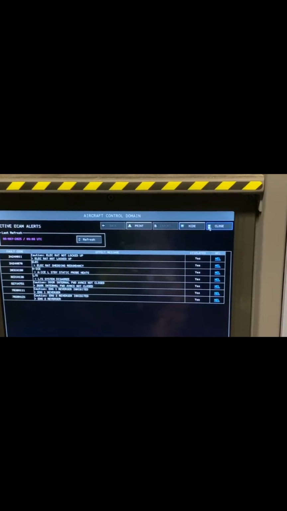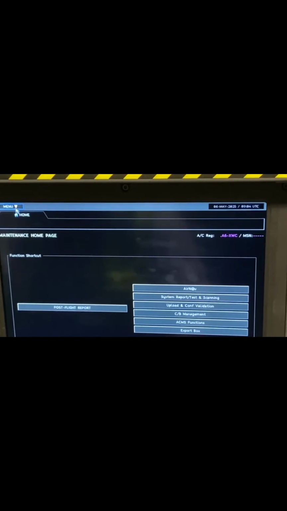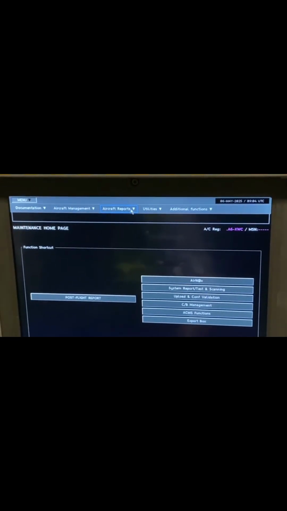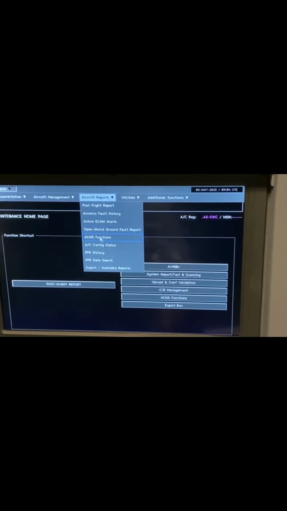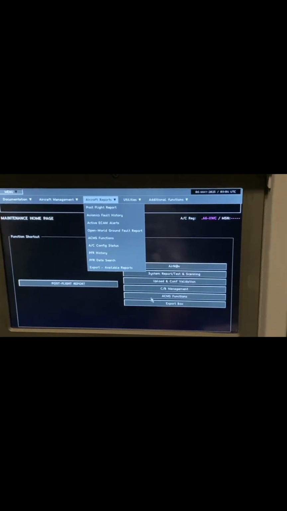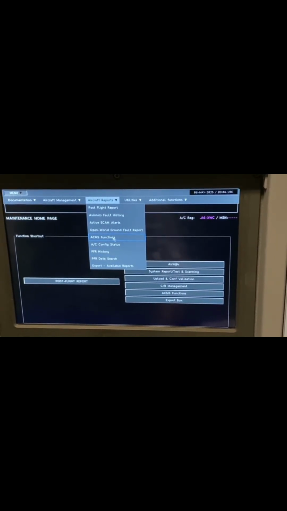In the second column we have the MEL hyperlink through which we can go. By pressing the MEL hyperlink we can go to the AirNav dispatch, from where you can see what the applicable MEL is. And let's just go back. Okay, so just see how we can get these messages through the aircraft report, and from the aircraft report we have to select